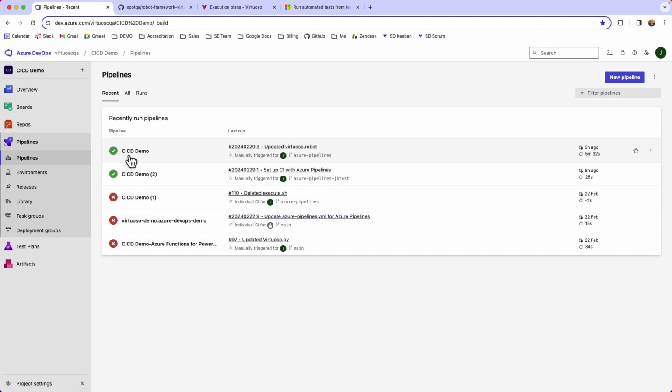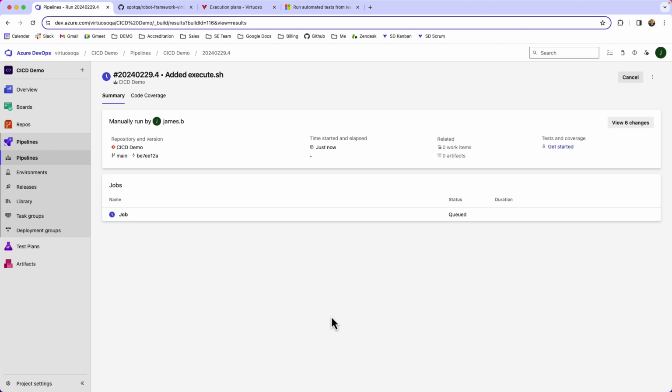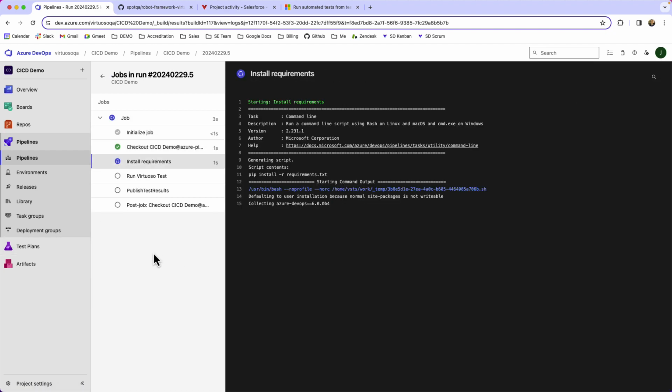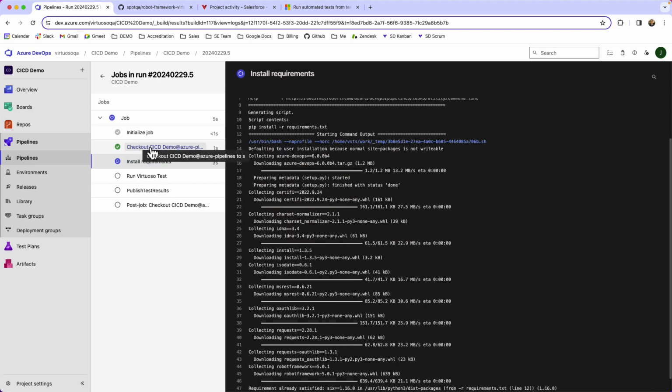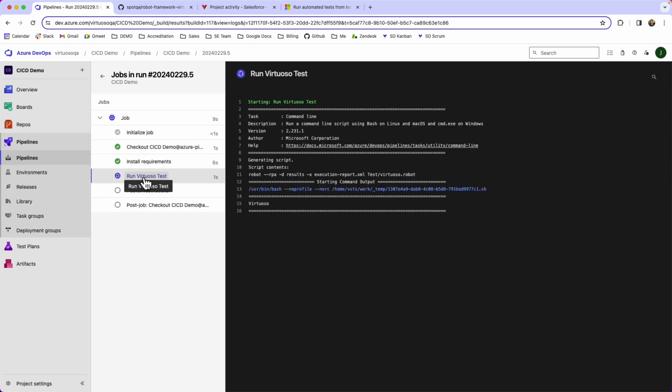And what this is going to do is, when I run this pipeline, if I go ahead and run this, then it's going to run the build pipeline. And again, this could be triggered directly from test plans. When the job starts running, it's going to automatically start running a test in Virtuoso. For this demo, I'm just going to run one test. However, again, you could have it linked up from a test suite to trigger running an associated